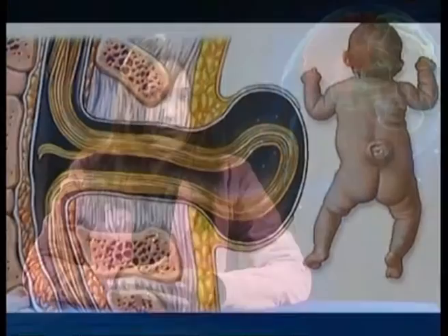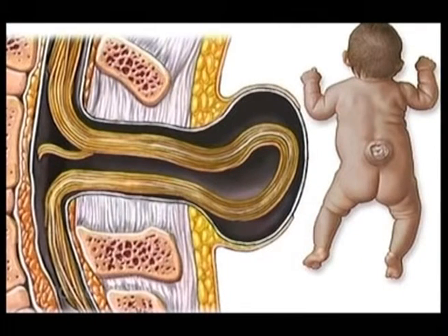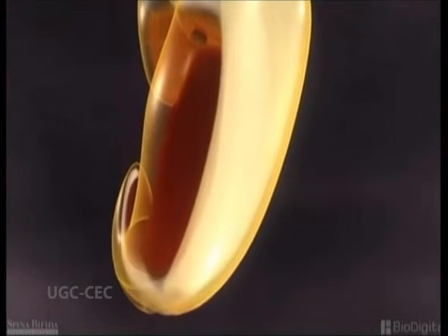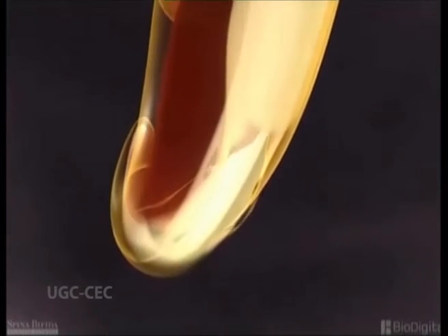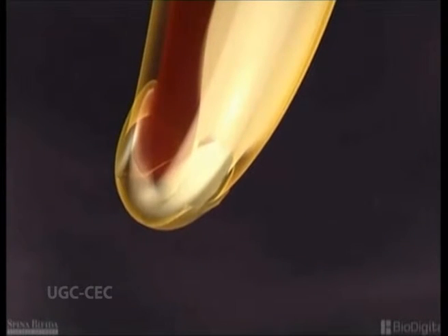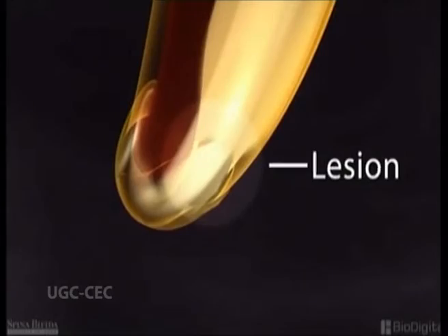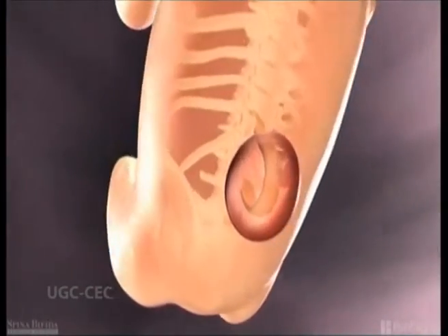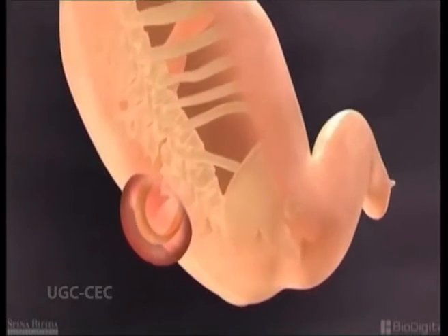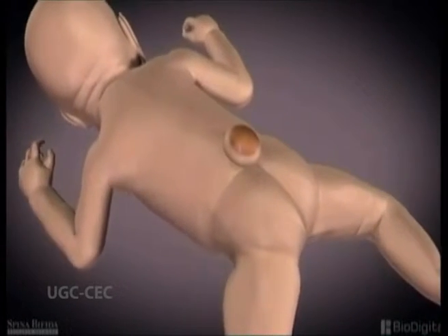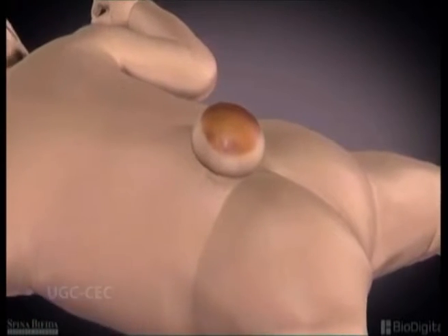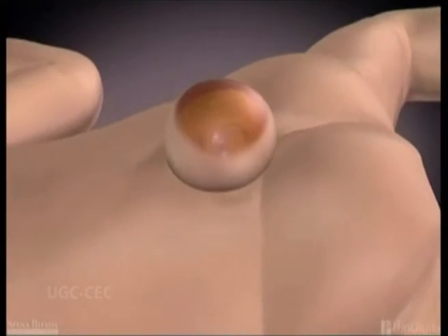Spina bifida refers to any birth defects involving incomplete closure of the spine. Myelomeningocele is the most common type of spina bifida. It is a neural tube defect in which the bones of the spine do not completely form, resulting in an incomplete spinal canal. This causes the spinal cord and meninges to stick out of the child's back. Myelomeningocele may affect as many as 1 out of every 800 infants.